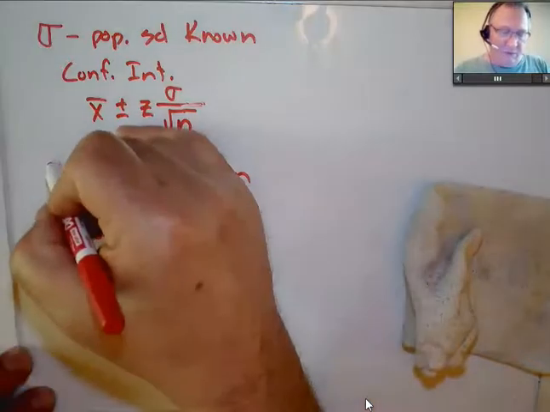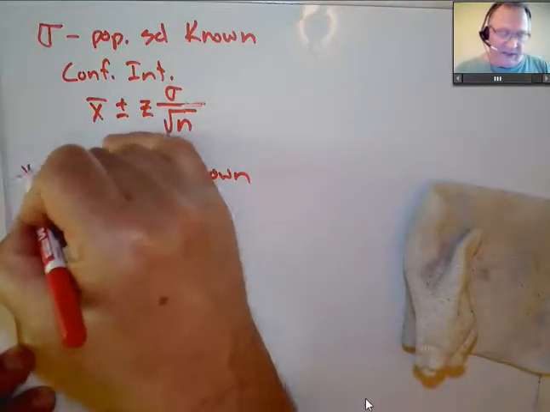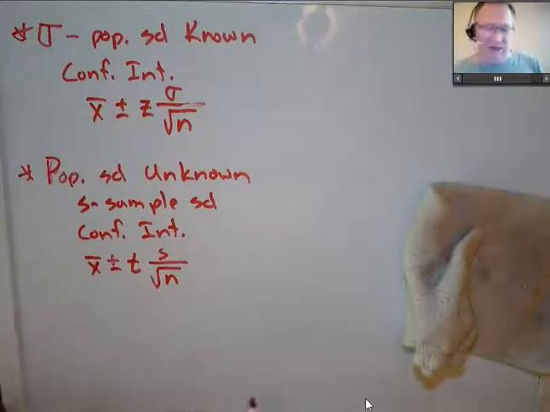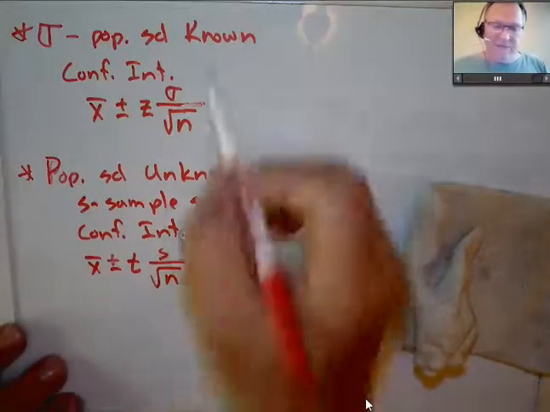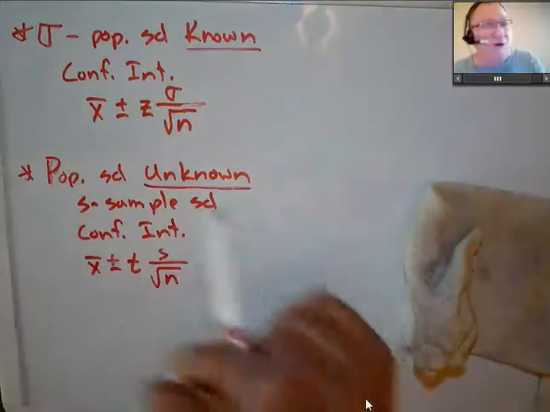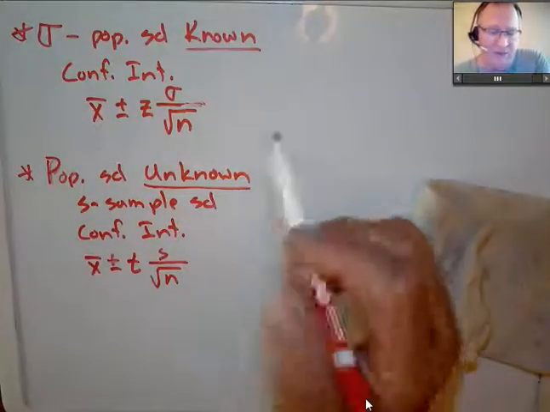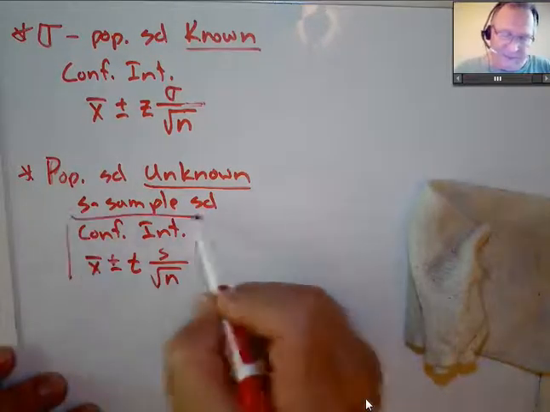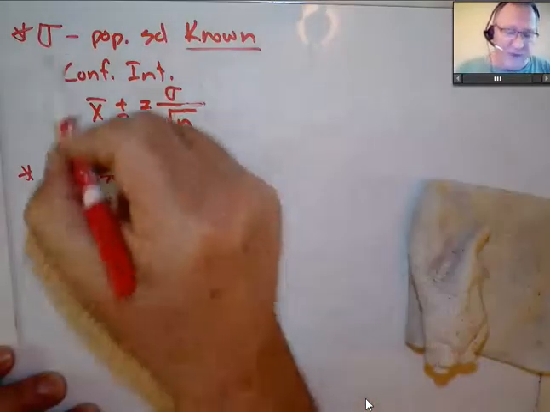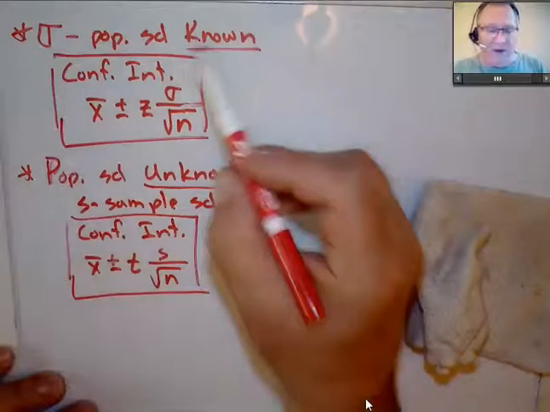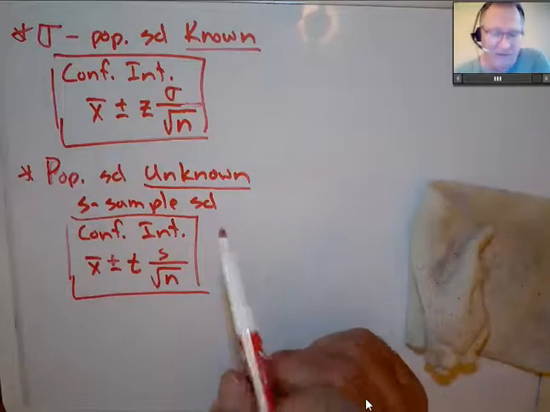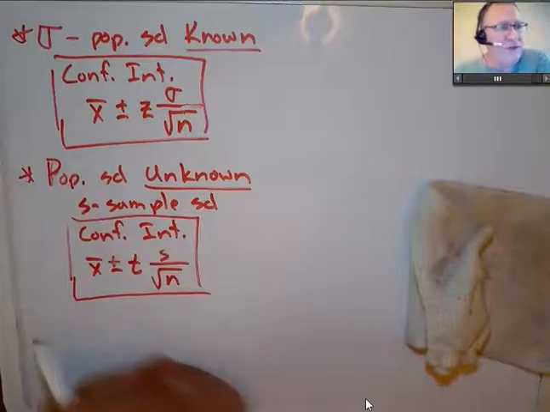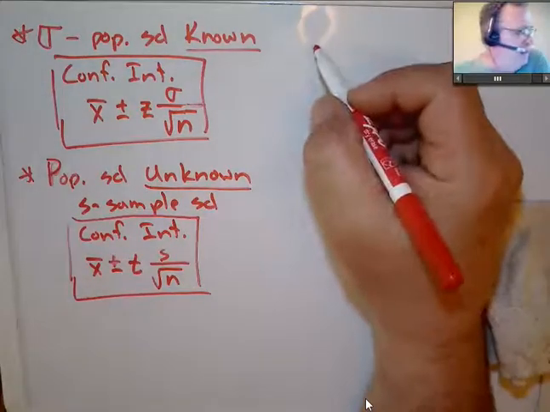That is how we are going to calculate our population mean. Big difference, whether we know the population standard deviation. We will be using this case a lot because it's going to be very rare that we know the population standard deviation, and so we will use this version of the formula. There's one other thing we're going to do, and that is